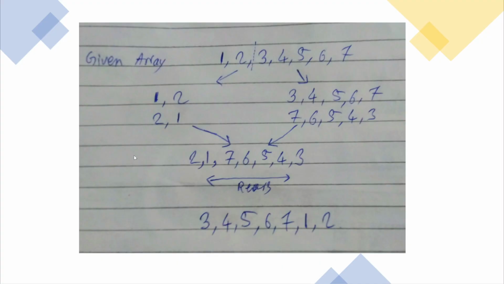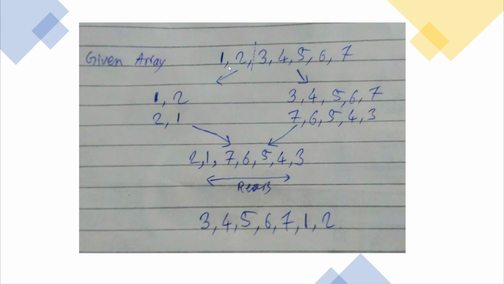So in today's question, let's assume an example of this array. This array consists of 1, 2, 3, 4, 5, 6 and 7. Now this array is split into two parts after two numbers, because we were given that the array needs to be split after two positions. So this was mentioned in the question. After we split it after two positions, we will then place both parts in different places.